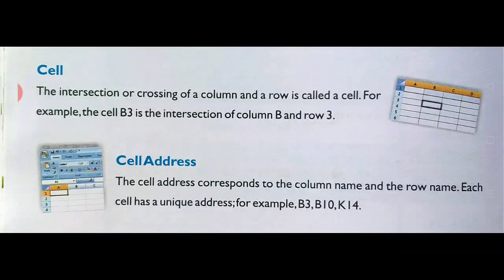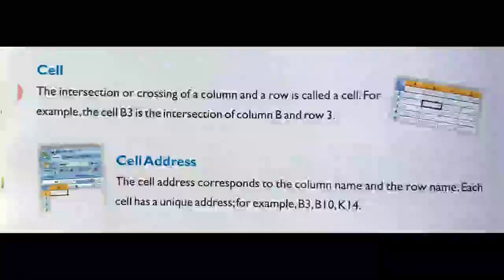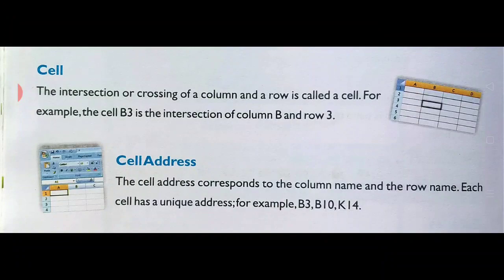Another example, as you can see at the left bottom corner, there is again one small square which is present in the A column and one number row. Then what is the cell address of this cell? Very simple, very good, A1. Okay,